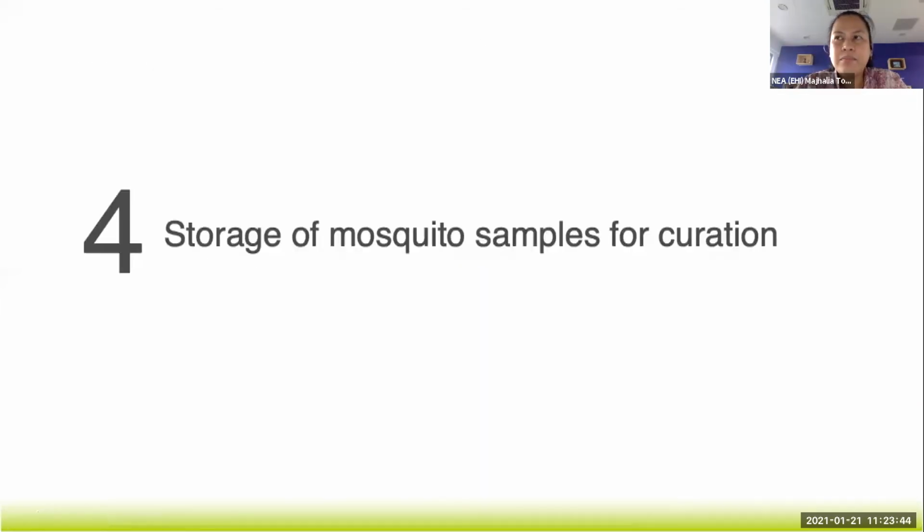So different institutions may have different ways of how they store mosquitoes, or sometimes you don't even store the mosquito samples that you have. However, it is good to store your mosquito samples, especially when you encounter some very rare species. So Aedes albopictus, Aedes aegypti, we do have some in our collections, and we use them for teaching, but this is not considered a rare species. But we've encountered some mosquitoes that we only find once in 8 years, 12 years, and just one. So for those species, we would really like to store these